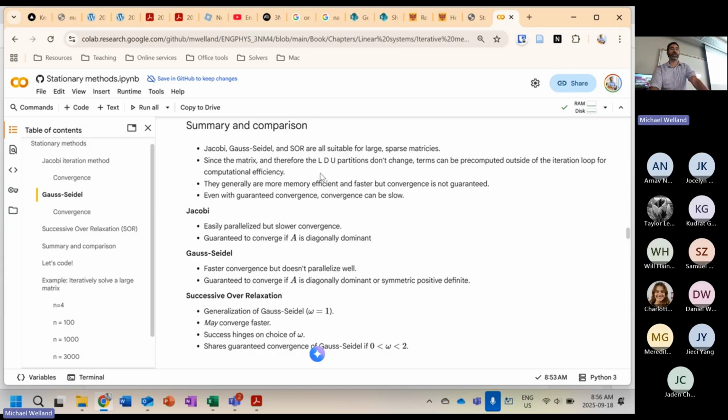They are called stationary methods because you take your original matrix, you rip it apart, no decomposition, you just pull it, right? And then you get this decomposition, this lower triangular, diagonal, upper triangular, not the same as LU. Again, I apologize, but they don't change. That's the stationary part. And you just keep doing that over and over again until your answer is good enough. They are generally more efficient and faster. Convergence is not guaranteed except in the case of